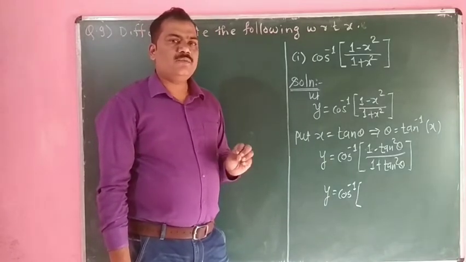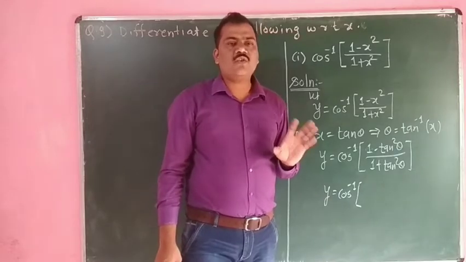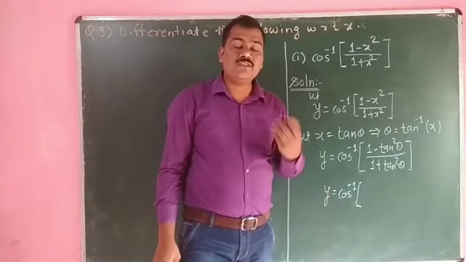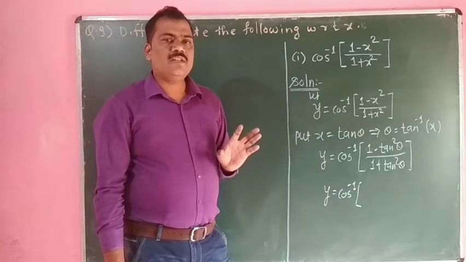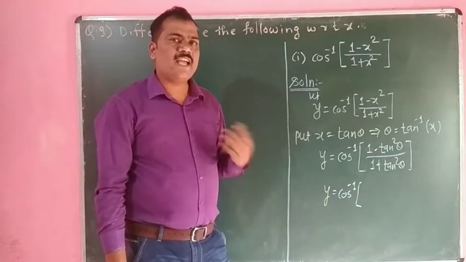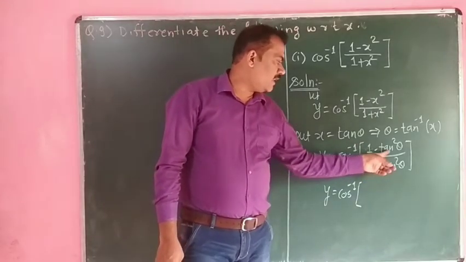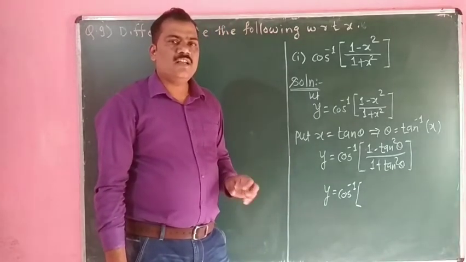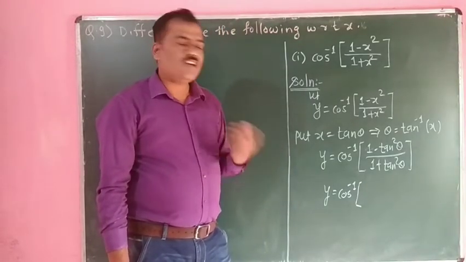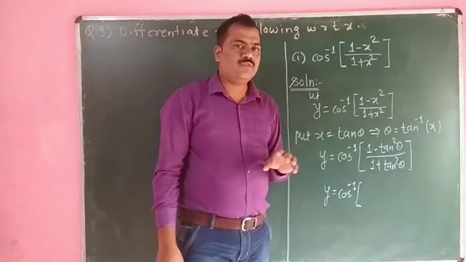I will tell you, as in the last videos, that the trigonometric function cos theta or cos 2 theta is more important. Whatever the formula related to trigonometric function cos, all the formulas are more important. We have to use them maximum times when we solve the examples. We use the direct formula, 1 minus tan square theta divided by 1 plus tan square theta is equal to cos 2 theta. But suppose we forget that formula, then how to get that formula, we have to discuss that.